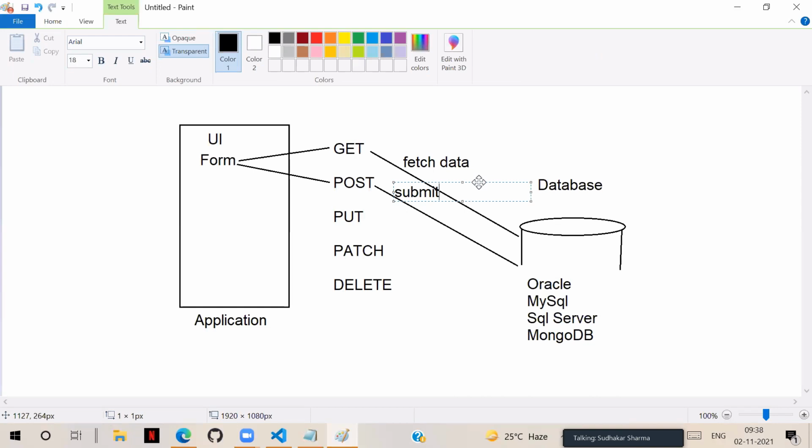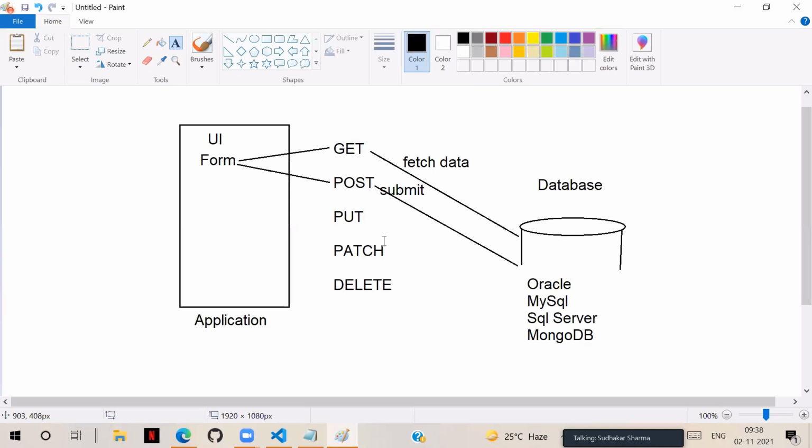That means from the user interface, if you want to send some data to database, then we have to use the post method. Post is used for submitting data into database. That means user enters some details, we need to send those details into the database and store in database. So detail differences I will tell you. So many points are there. As of now, basic get is used for fetching the data. Post is used for submitting the data, and put is used for